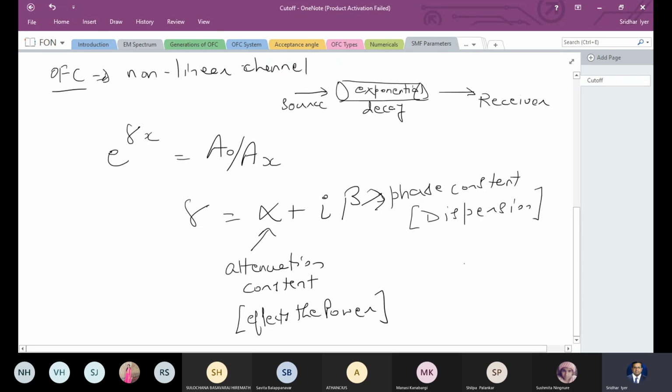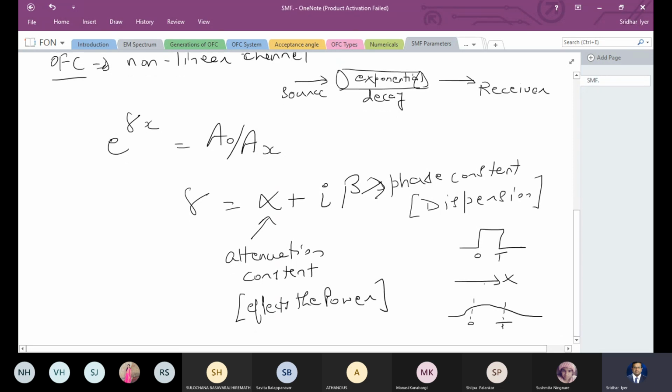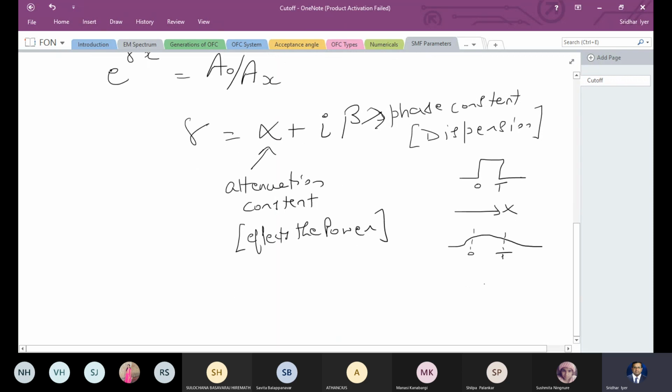So what is meant by dispersion? Very quickly, if you have a bit between 0 and T, and it travels some distance x, the bit is going to start to elongate. As the bit elongates, it affects the bits per second, the time over which I can send the bit. With this elongated bit, you need more time. So in effect, the dispersion affects the bandwidth.